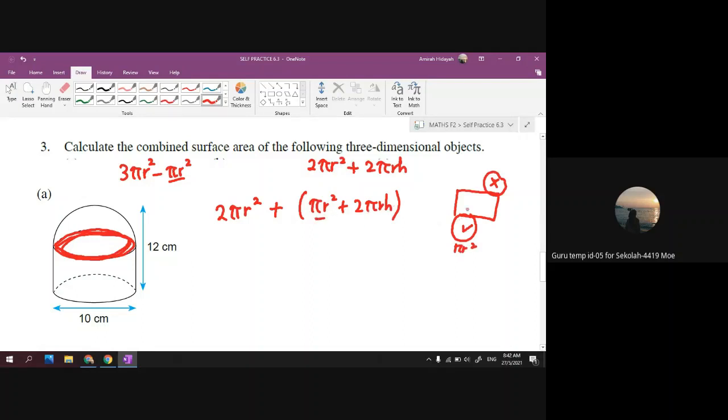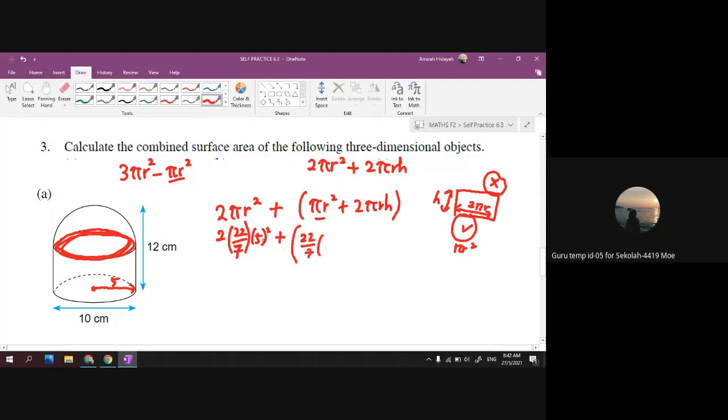Okay. Plus 2 pi r h. Yang ni tadi saya dah explain 2 pi r. Yang ni adalah h kan. So that's why pi r square plus 2 pi r h. Okay, so masukkan nilai-nilai. So 2 times pi 22/7. R dia adalah 10 divide by 2. We get 5. So 5 square. Plus